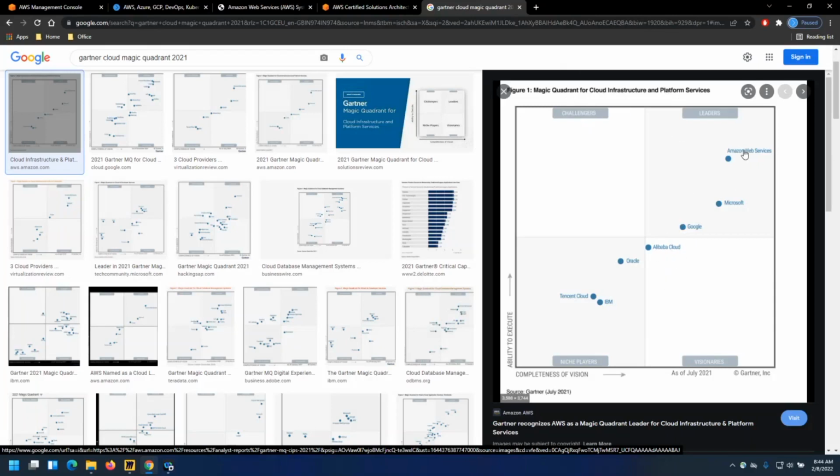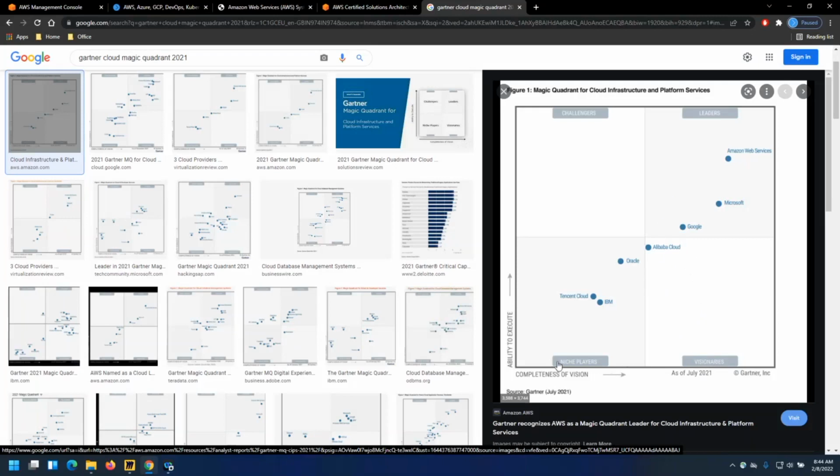As per Gartner, the leaders currently in the market are these three, and Alibaba Cloud has a nice vision. Maybe in a year or two, they will be promoted into the leader section.